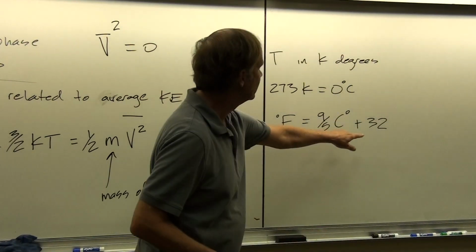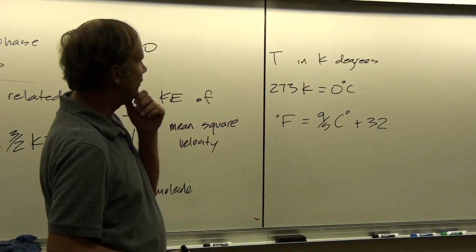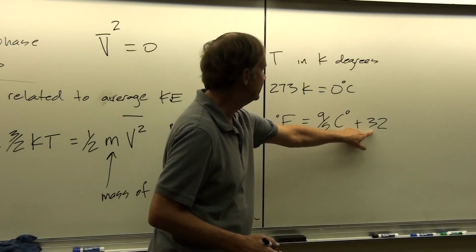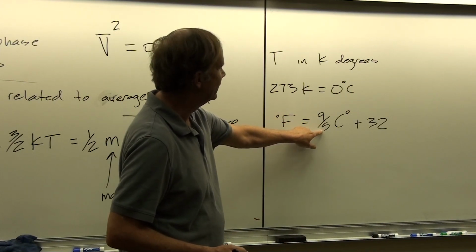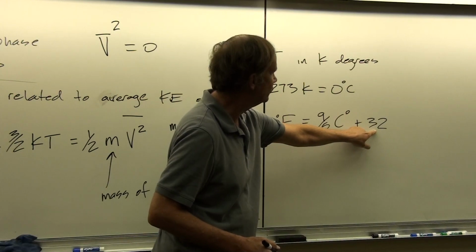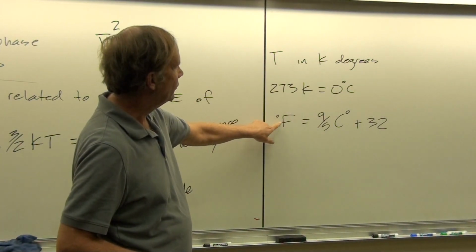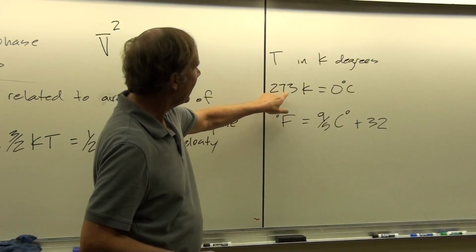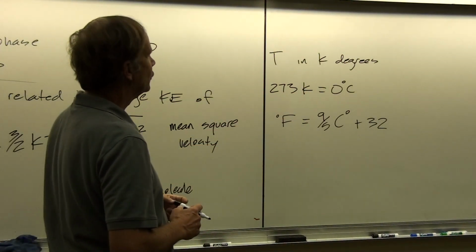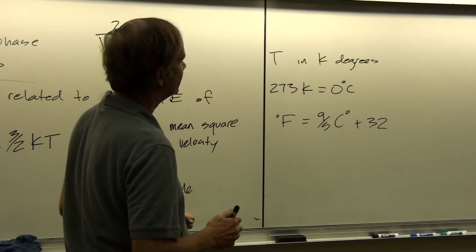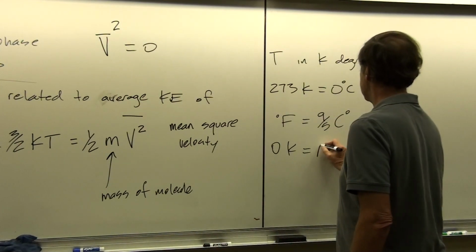So for Fahrenheit degrees, we have to multiply the degrees centigrade by 9/5 and then add 32 to it. So if we're at 100 degrees centigrade, 9/5 times 100 is 180 plus 32 is 212. Or we could work in the reverse direction. If we know the degrees Fahrenheit, then we can solve this for degrees centigrade. And the increments of degrees Kelvin and degrees centigrade are the same, but they're shifted by 273. So we say then that 0 Kelvin is what we call the coldest you can get, or absolute zero.